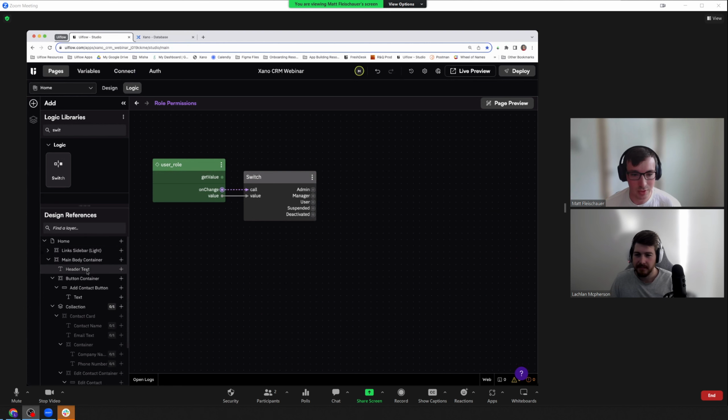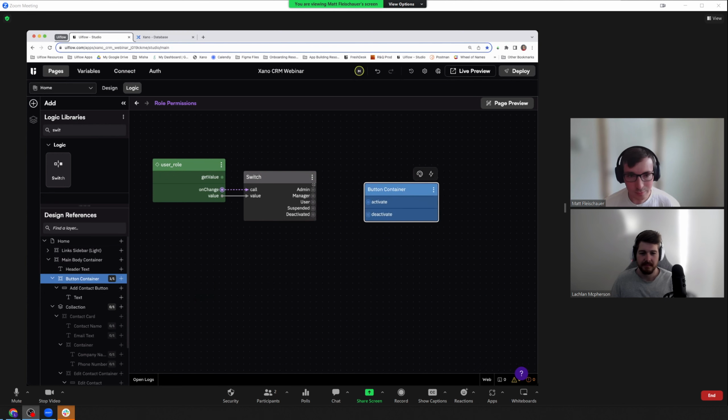So let's say for the manager and the user, we don't want to allow them to add any contacts. So for this button container, which is our high level container that has our add contact button, I'm going to say for the managers, we're going to deactivate that container. And for the users, we're also going to deactivate this container. And so I'm just going to eliminate that. And so that's one, and we can do some tests on this, but that's just for the high level button